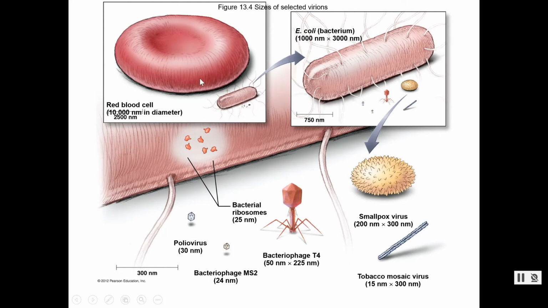Let me show you some other comparisons. All right, so red blood cell. This diagram is showing you the size of a red blood cell if we were to magnify it. Now, if you think about a red blood cell, my A and P people, circulatory system, right? Red blood cells going through that. The smallest tube that a red blood cell has to go through is a capillary. The size of a capillary will fit one red blood cell at a time. So they go through single file. The very tiniest part of our circulatory system is a capillary, and the red blood cells go through one at a time. So that's a size difference.